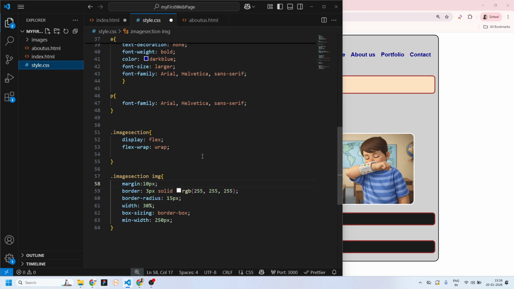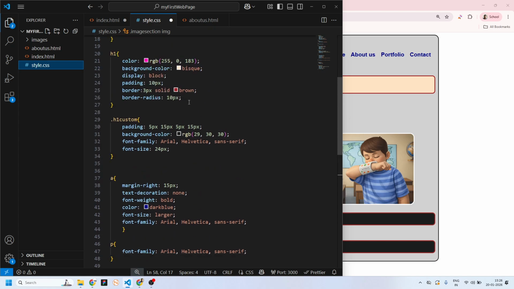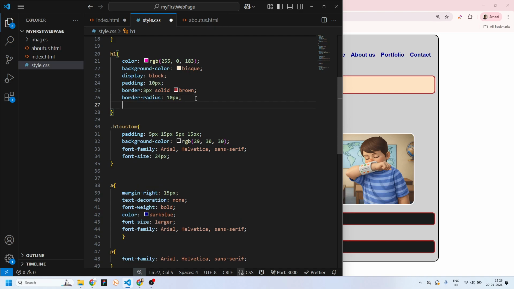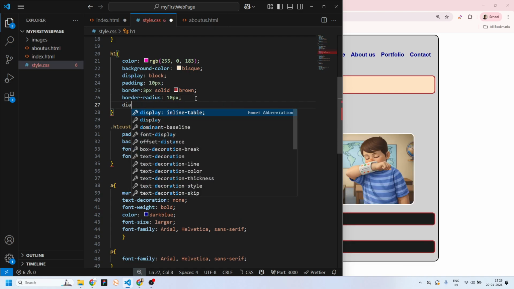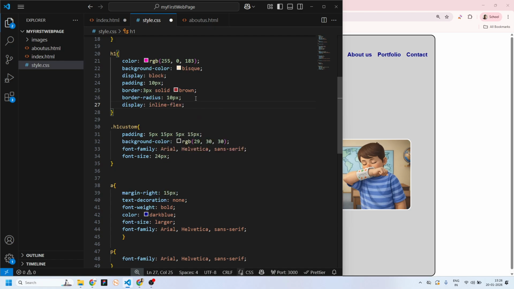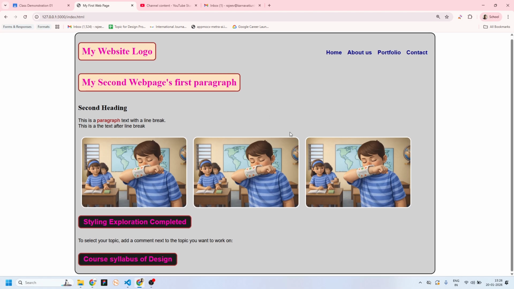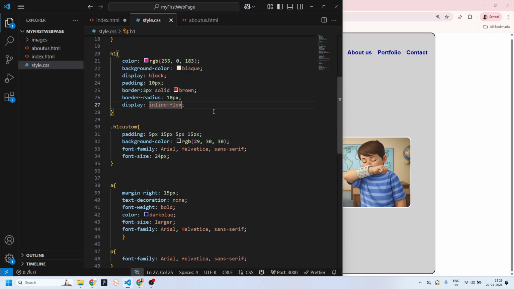चलो करके देखते हैं इनलाइन ब्लॉक। तो हमें सारे के सारे H1 टारगेट करने हैं, और H1 के अंदर डिस्प्ले इनलाइन ब्लॉक। हाँ, इनलाइन फ्लेक्स पे हो जाएगा, पता नहीं, देखते हैं ट्राई करके। चलो, हो गया ना, this is what was required. So yes, इनलाइन फ्लेक्स से हो जाएगा।